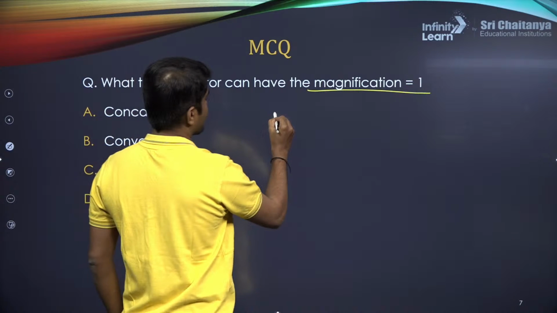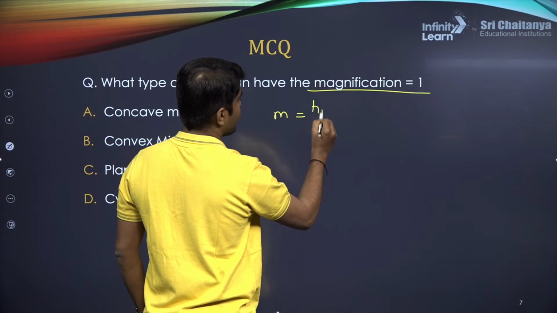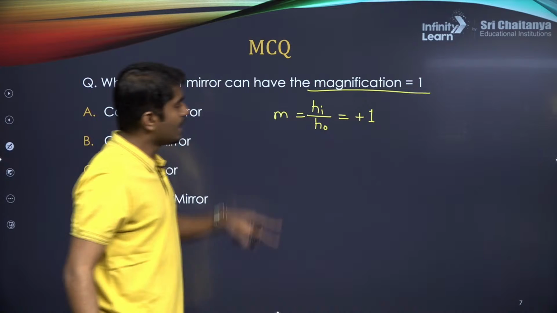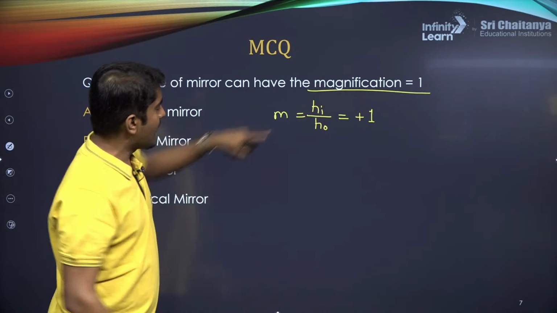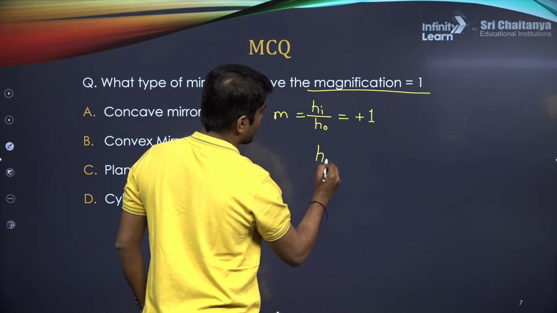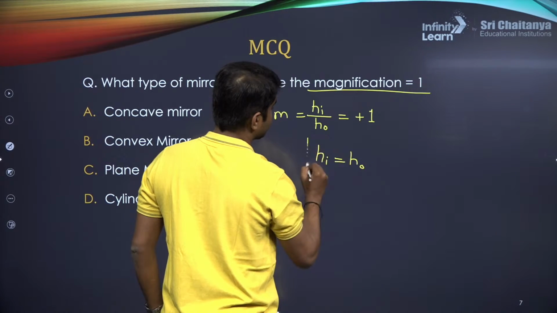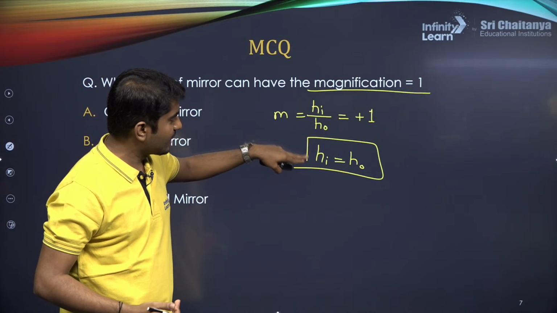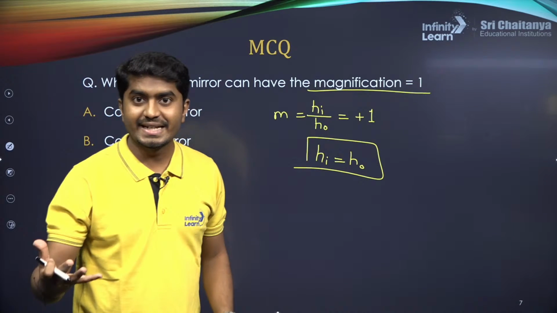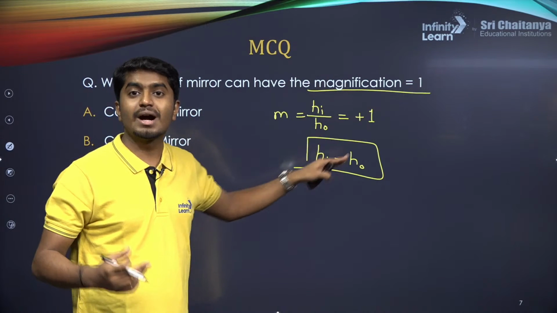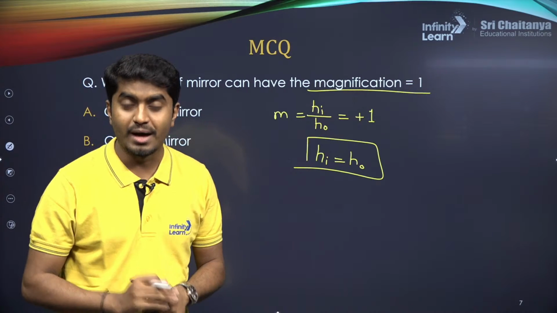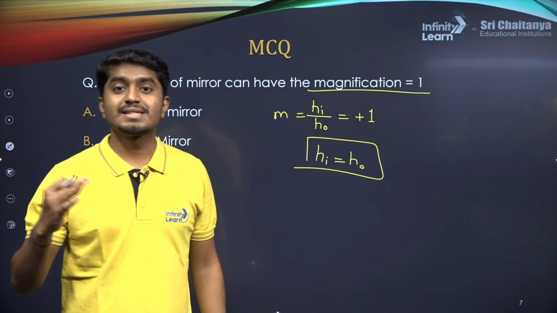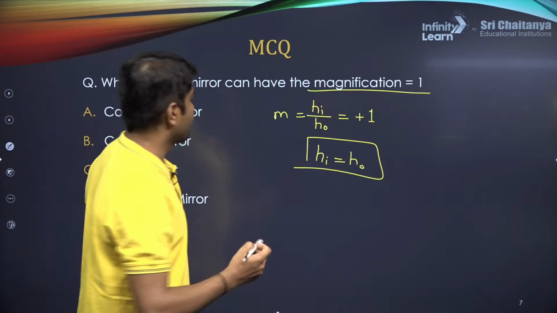So what is magnification, again I am writing, magnification क्या होता है, height of the image divided by height of the object, it is given as +1। तो यहां पे हम अगर क्रॉस मल्टीप्लाई करोगे तो क्या मिलेगा, हाइट ऑफ द इमेज इज इक्वल टू हाइट ऑफ द ऑब्जेक्ट, ये मिल गया। तो व्हाट इज द मीनिंग ऑफ दिस, इसका मतलब ये है दोनों का लेंथ हमेशा सेम होगा, एंड नॉट ओनली दैट देयर साइन इज सेम, अगर दोनों का साइन सेम होगा दैट मीन्स इमेज इज वर्चुअल।